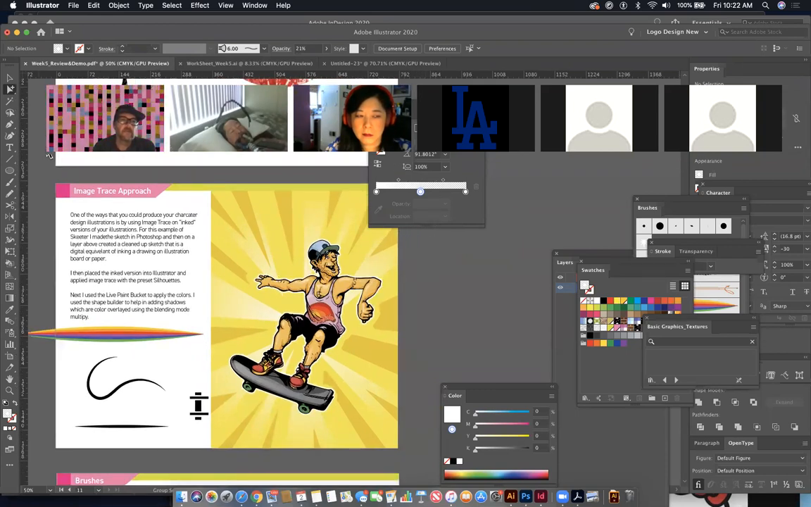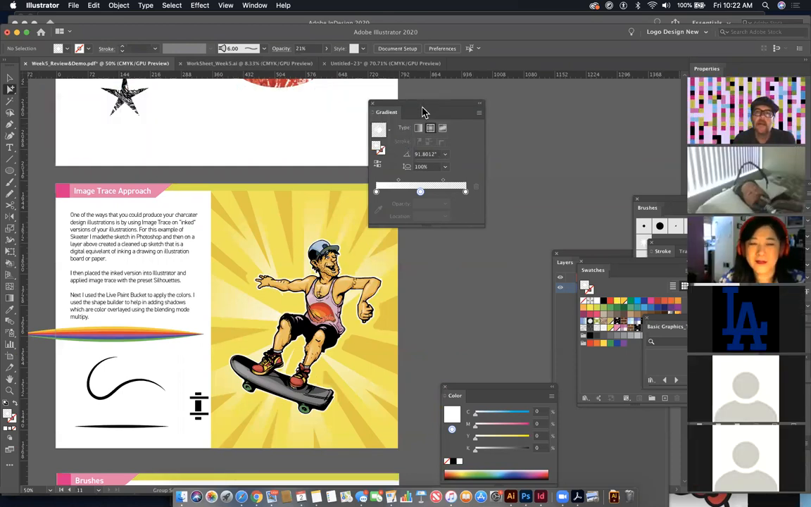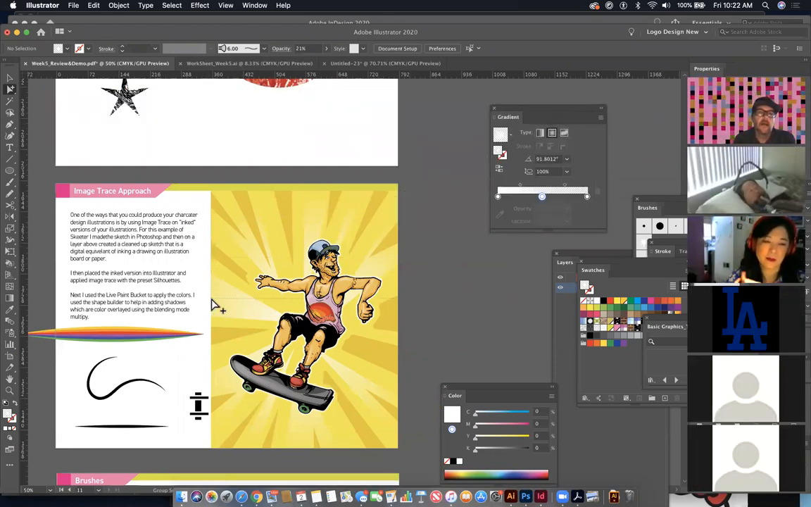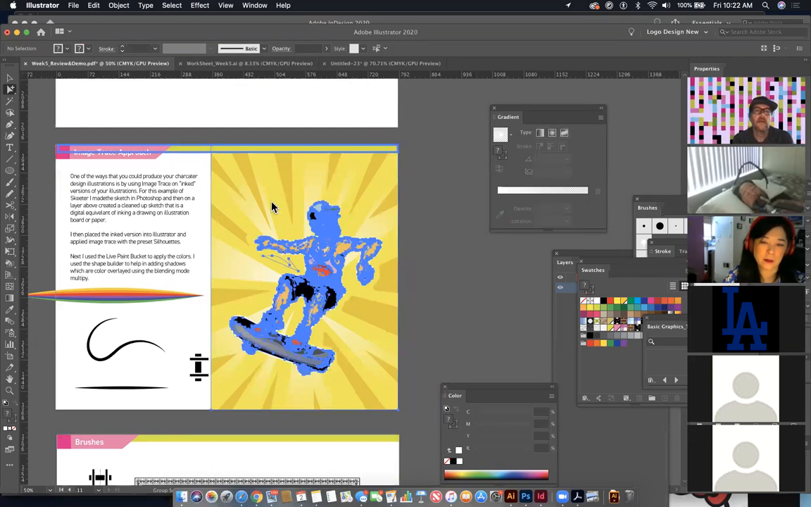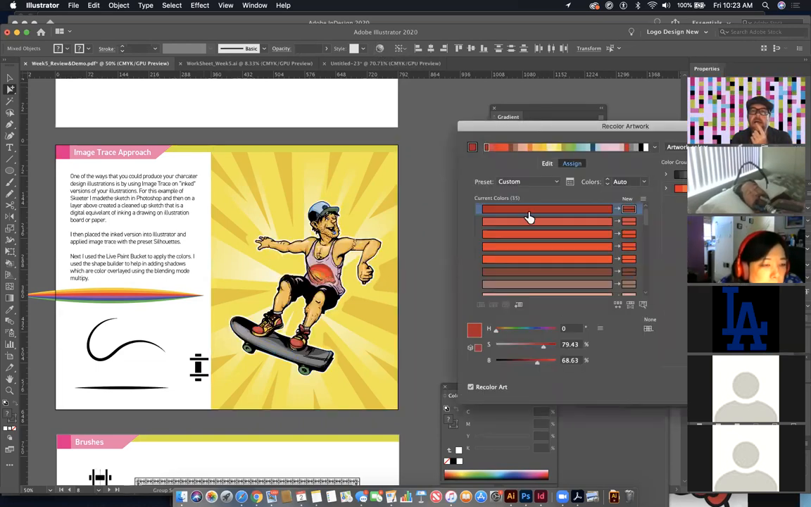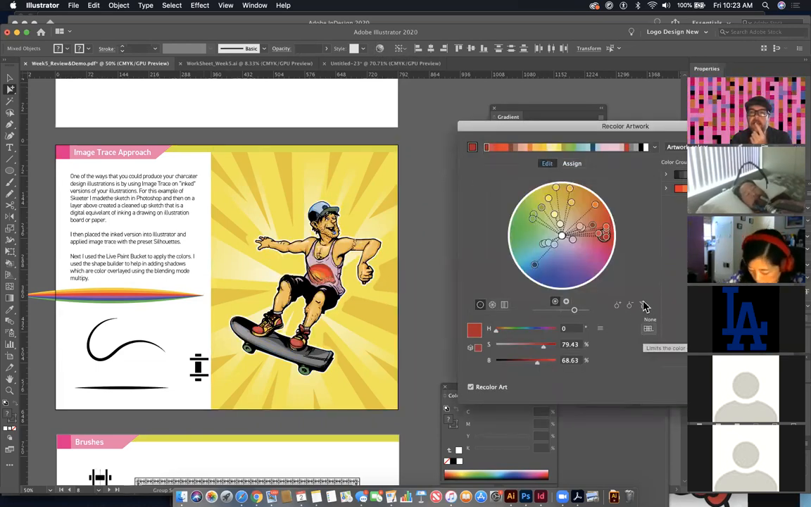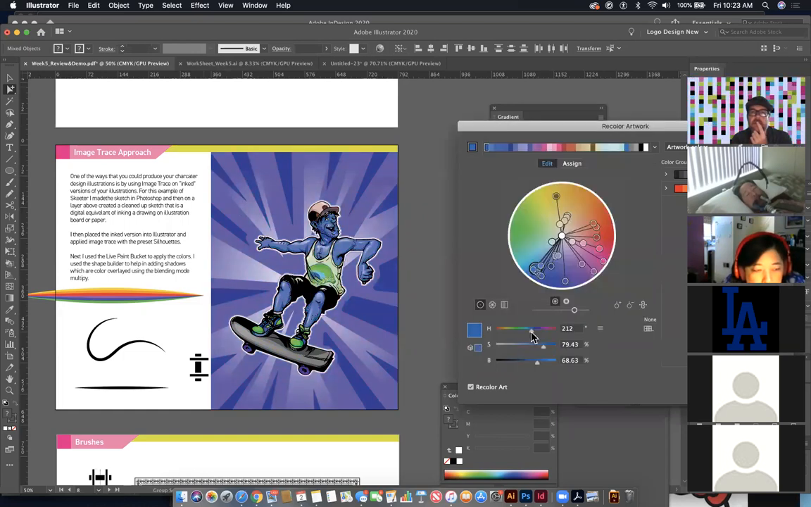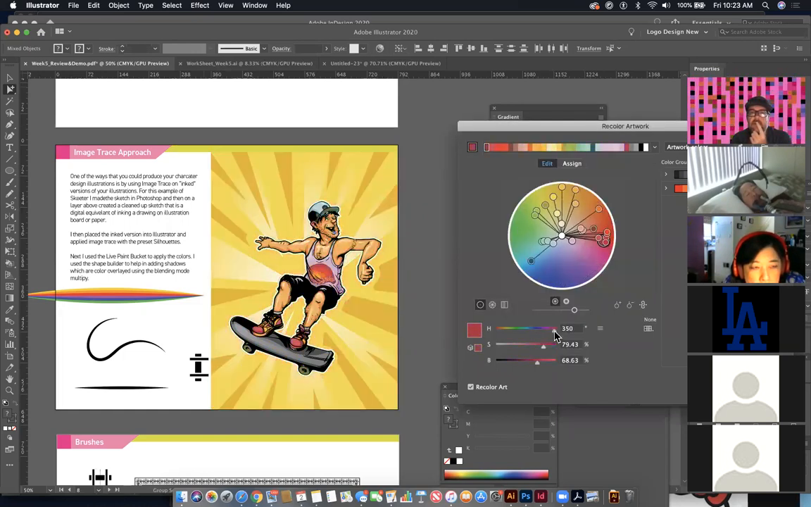I'm going to have to move you guys out of the way a second. If I select all of this, and then I go to this area at the top in the control bar where it says recolor artwork, click on edit, then link all the colors together, I can then adjust the hue slider to change all the colors at once. If I wanted to adjust all of the colors, maybe I want to make everything less saturated, for instance,